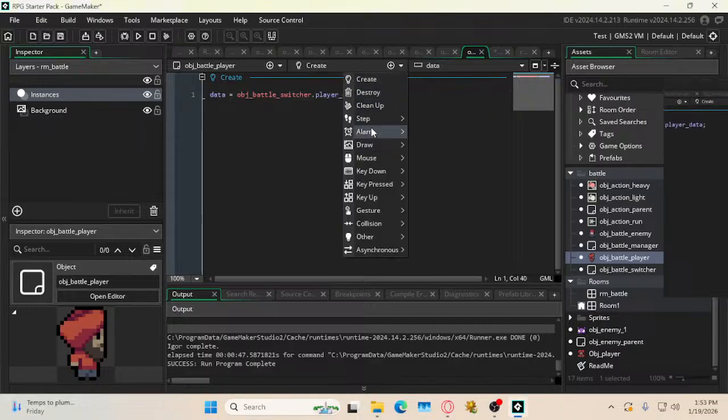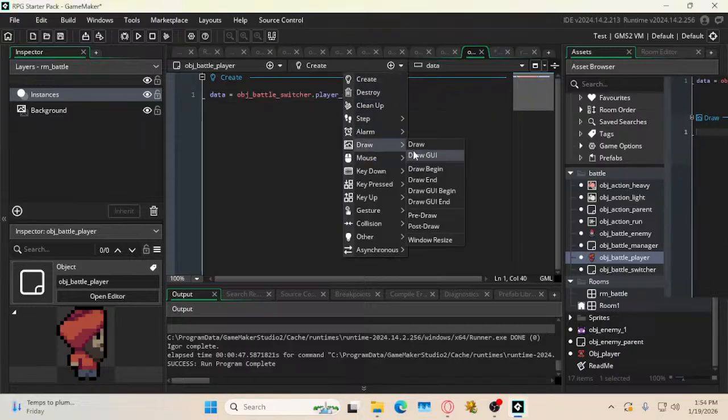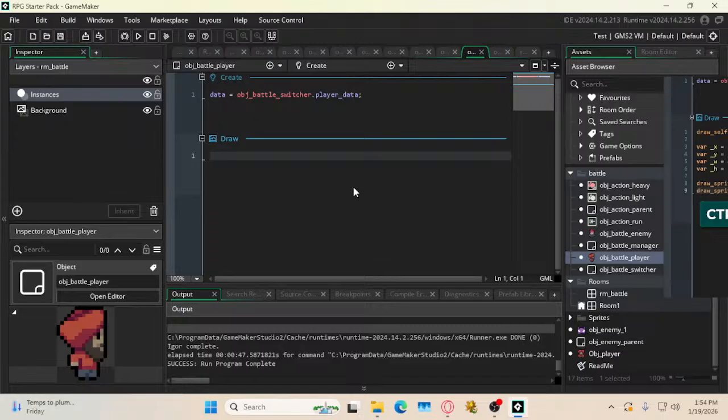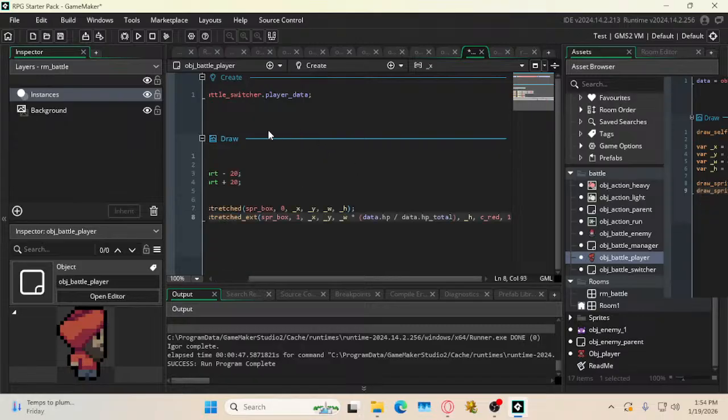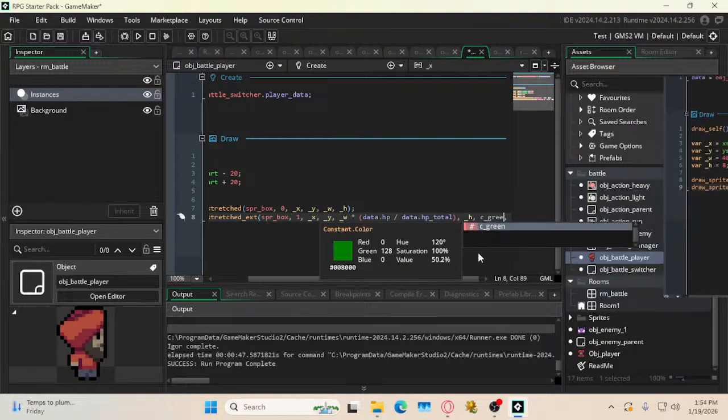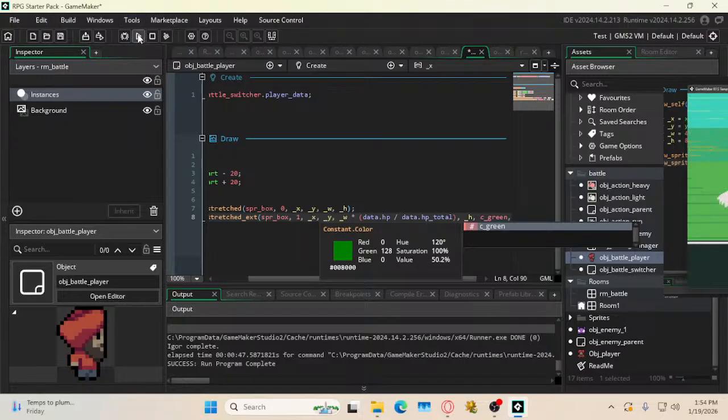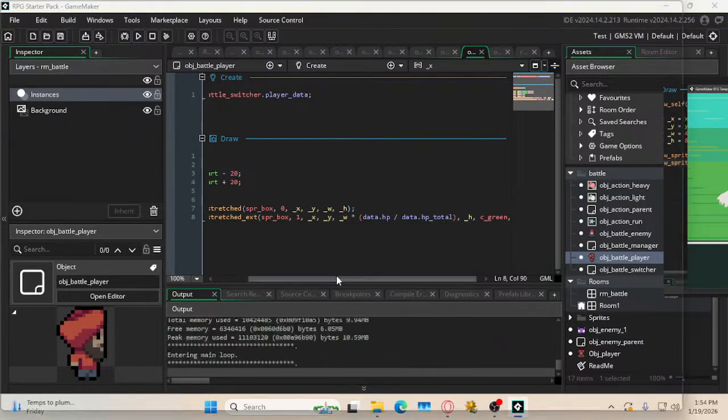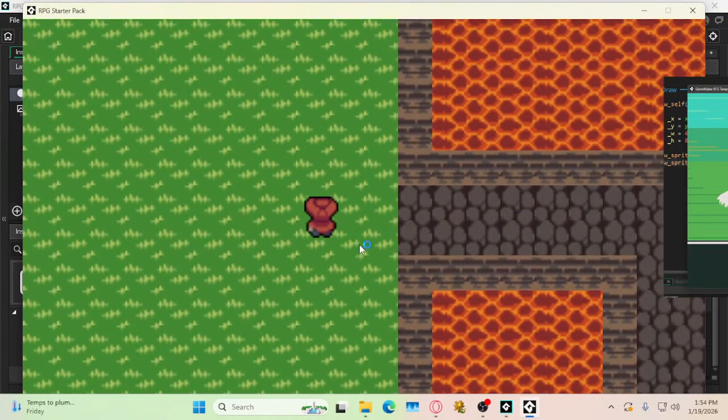Here, let's add the draw event. And in the event, I'm gonna paste the code with Control V. The only thing we'll change here is the color in this function call from c_red to c_green. Now run the game and go into battle. You'll see the correct sprite for the enemy here, and you can see the health bar for both the player